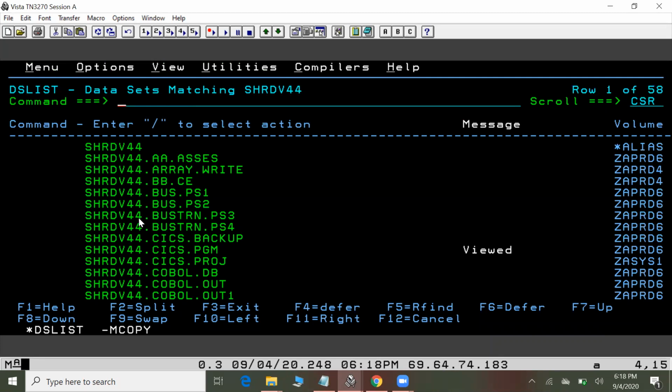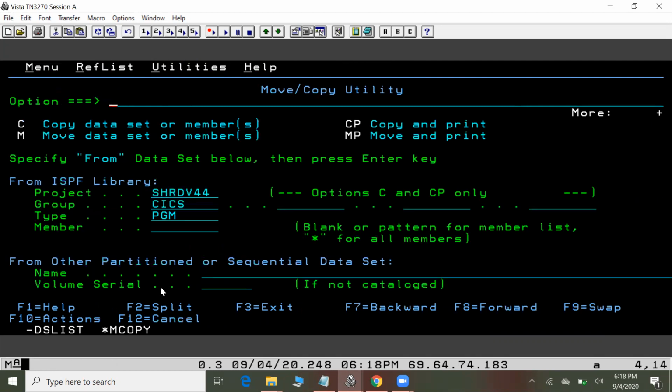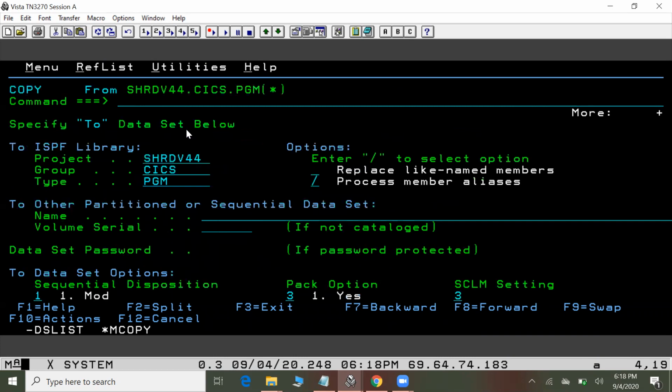You can see that I have this data set name. This is a PS file. In this I'm going to write the name of this, and in the member I will say star, which will include all of its members. Now from here I will say C, that is copy, and press enter.